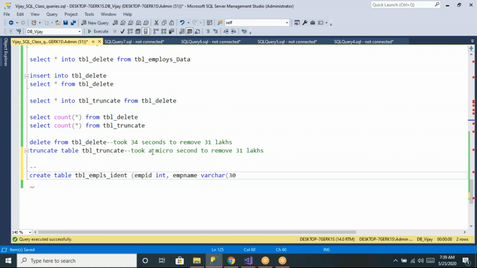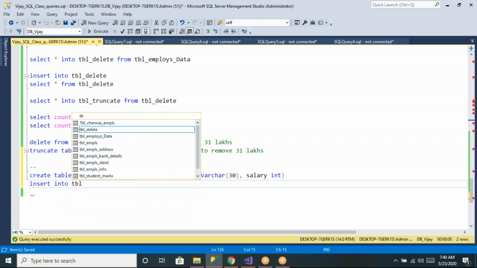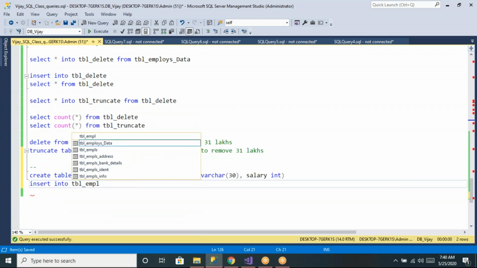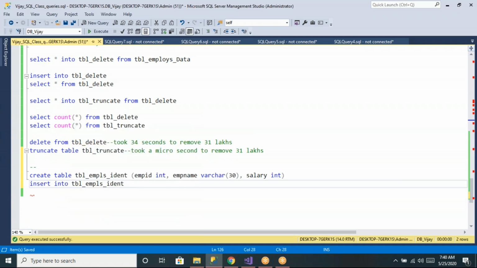Okay, some salary integer like this. Let me create one table and I want to insert some data into this table. Insert into table_employees_ident values. Now let us say employee 1, some name, some salary like this. So when I'm inserting the data, usually we'll create a table like this and we will insert the